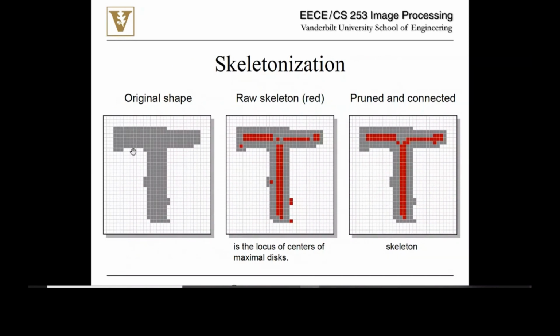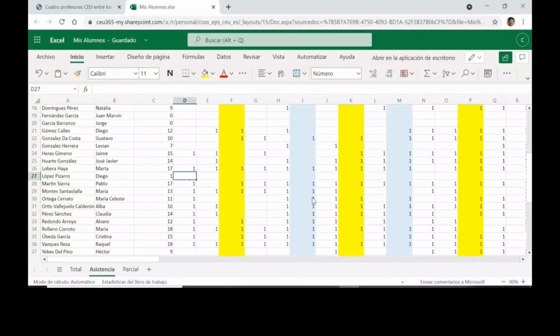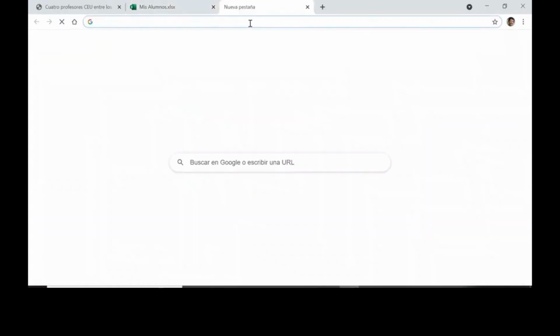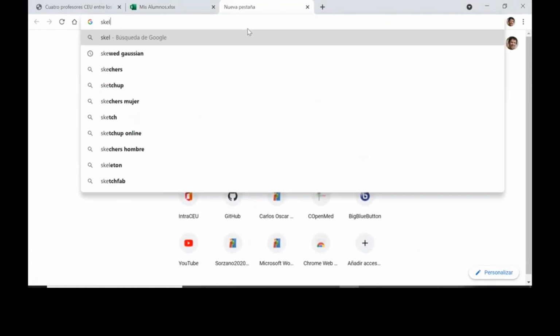Let's say that you have a binary image like this, and you want to compute something that more or less tells you the kind of widening of that. What is the minimal set of pixels that gives me the shape of that object? And let's look for some other skeletons. With a T, it is not so nice. But for instance, with skeleton